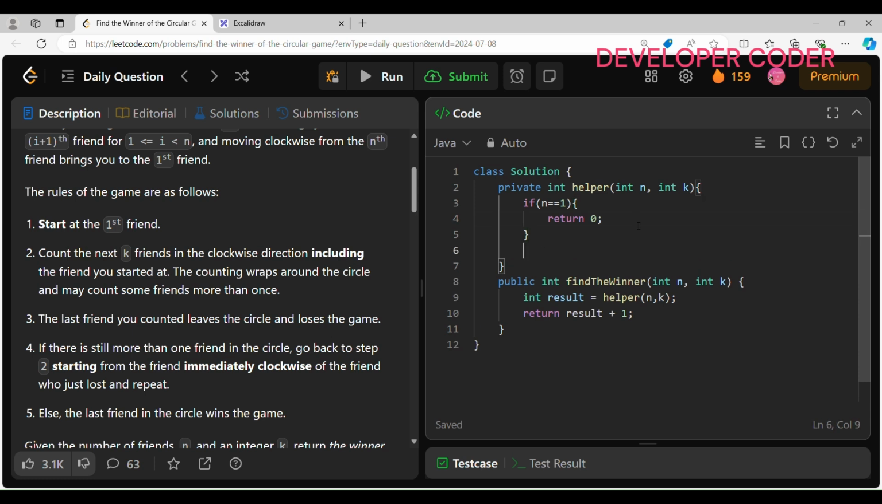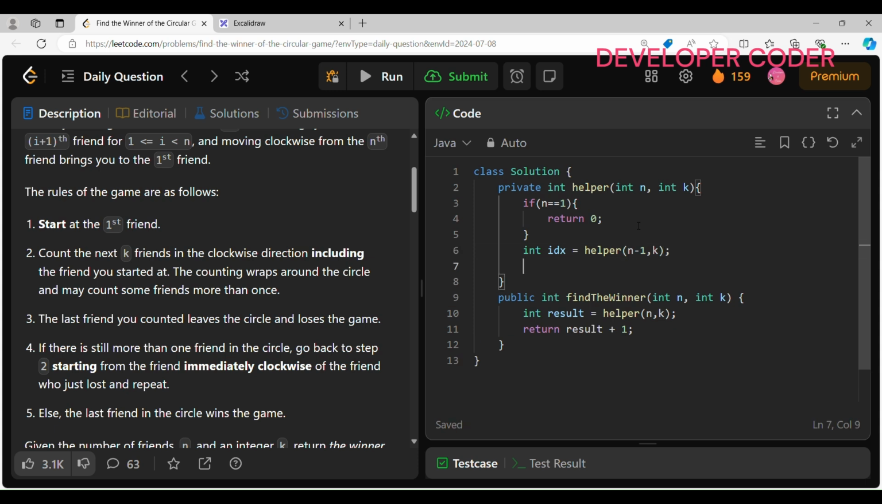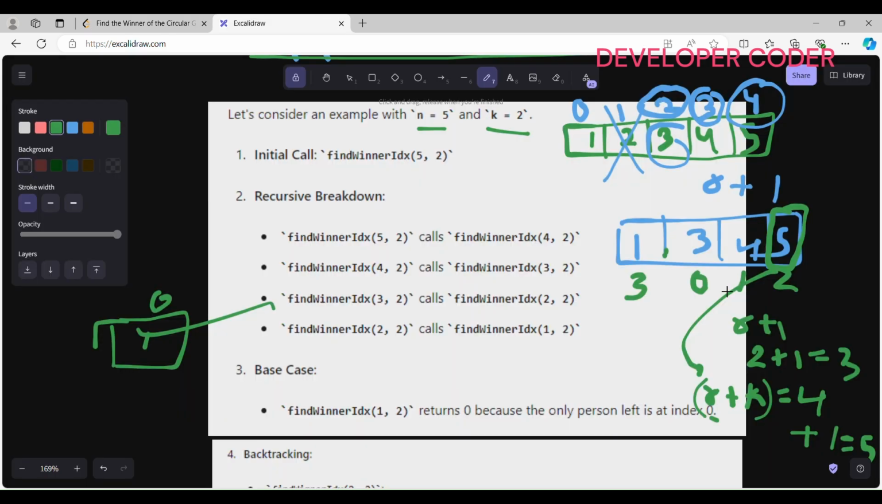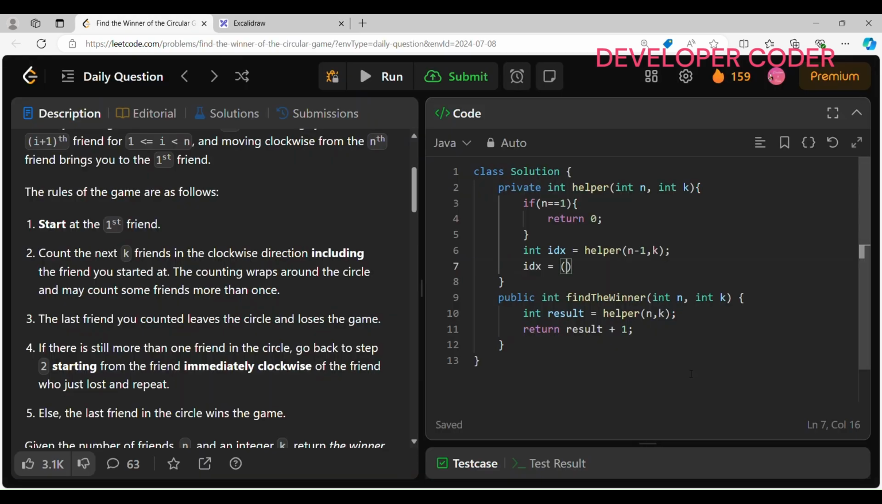Then after that I have to find the index, right? Int index is equal to, again calling this method. Now let's remove one friend at a time. So I have removed one friend, and the k value is going to remain the same. Then how am I going to update my index? From here one thing is clear: index plus k. So index is equal to index plus k,